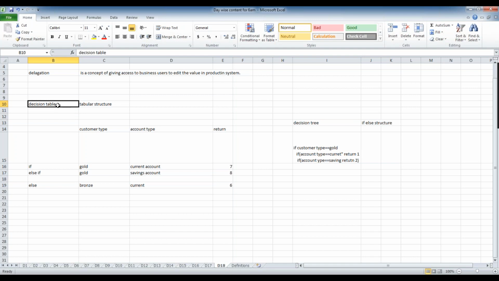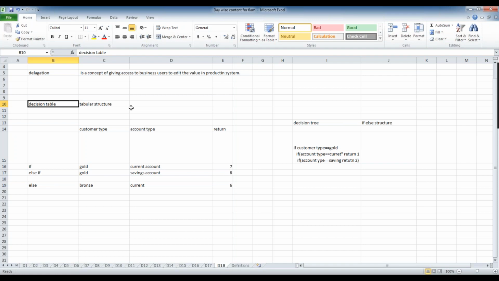What I'm asking is, delegation means, as you said, we give access to this particular table to the business, right? So whenever it is required, without a build, without any further deployment, they could change the values in the production itself. Correct. Decision tree also they can do. It's not only for decision tables. Yeah, we have been using the decision table for SAP BPM and Excel sheet for the users. It's similar to an Excel sheet, not the same as an Excel sheet. Exactly, it's similar to an Excel sheet only.